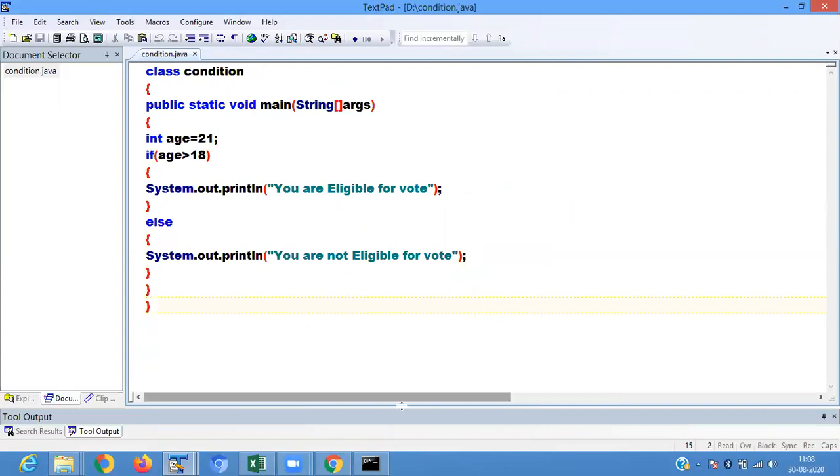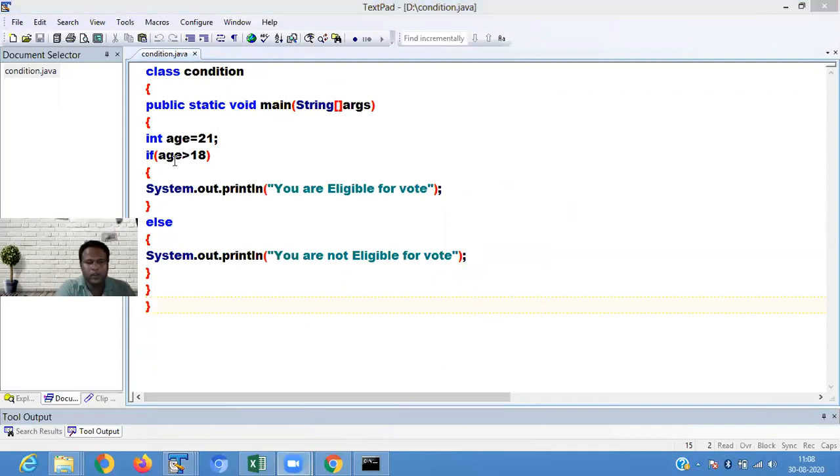So here we define a program: int age equals 21. 21 is greater than 18, so your condition is true, and it shows you are eligible for vote. If you pass any value that is less than 18, your condition becomes false, and it shows you are not eligible for vote.